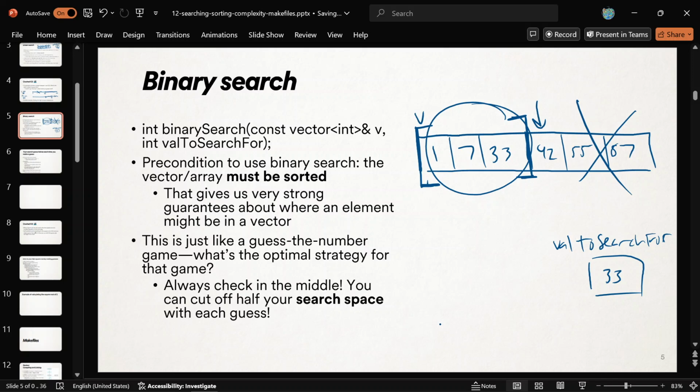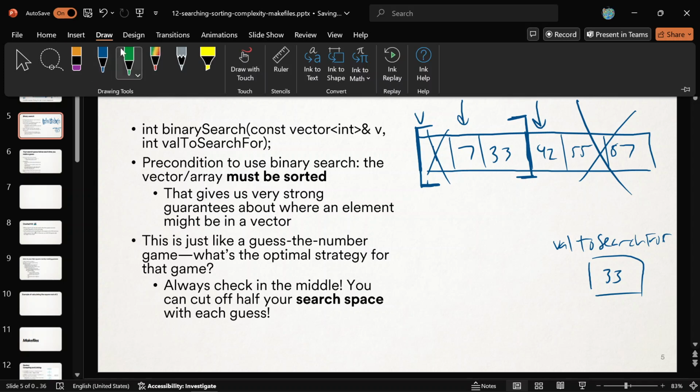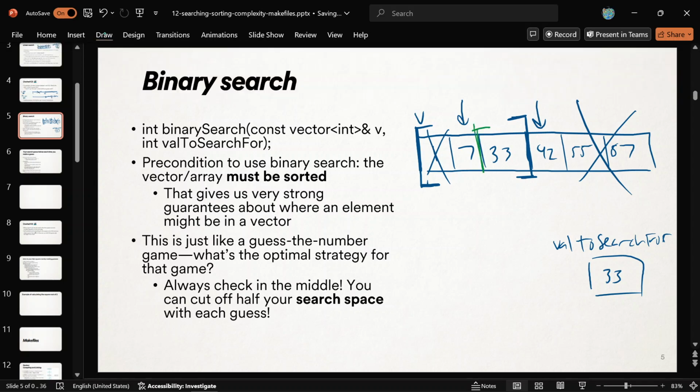Right? What's the middle of this? Well, it's going to be the 7. Compare the 7 to the 33. Oh, okay, 33 is bigger, so I need to look to the right of this. So I can cut off this. And then you've just honed in on exactly where it is. You know that if it's anywhere at all right now, it's between here and here. And so your next guess, you go in the middle of that, which is that index, and you'll find the thing. Does that make sense? And so maybe this is a bad example because it took us 3 comparisons to find this,